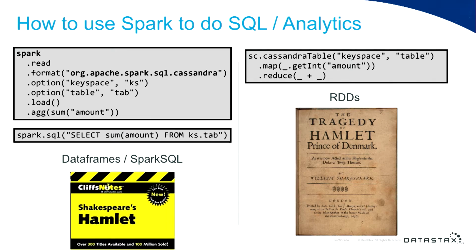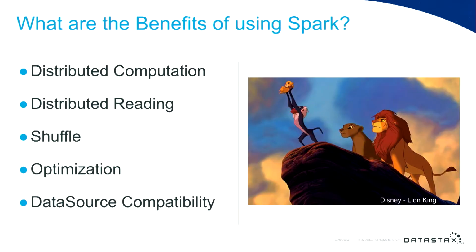The data frame API, all the code that will be generated by this under the hood by Spark will be optimized and will probably not use any Java objects. It'll actually work on unserialized byte data. So it's much more efficient to use the data frame API, but the RDD API still exists, so you might see it sometimes. So what are the benefits for using Spark for this kind of work?